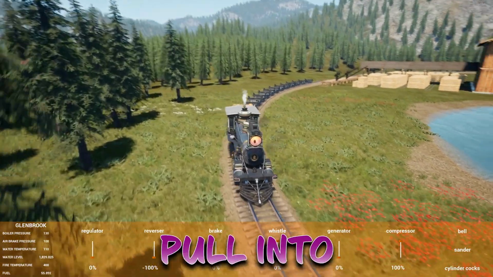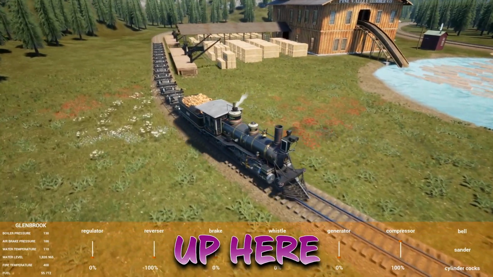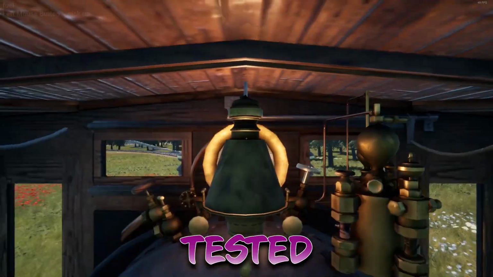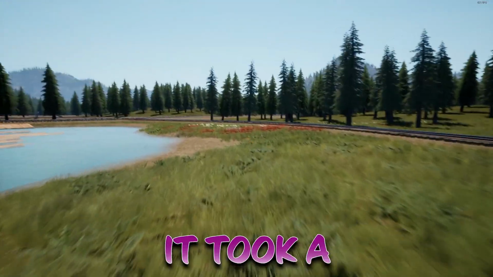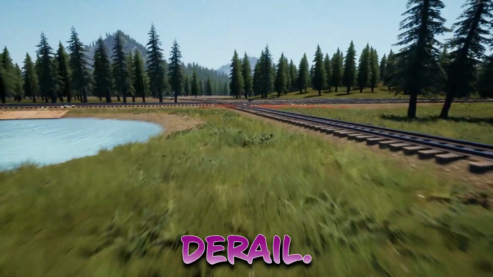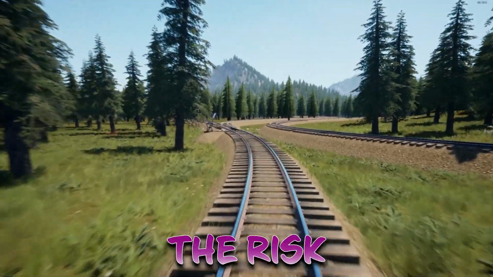Alright, as we pull into the sawmill here, this is the reason I have this log train hooked up here, because this is what I use for testing, and I've tested all of this track over here, and it took a little bit of trial and error to get it to where I won't derail. There is some spicy areas that if you go too fast you run the risk of derailment,